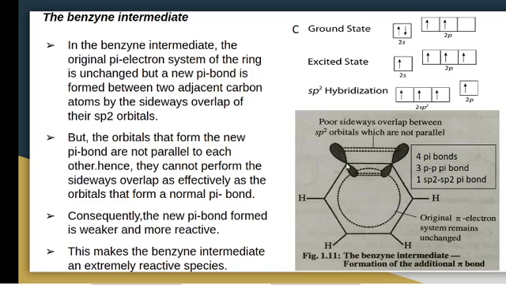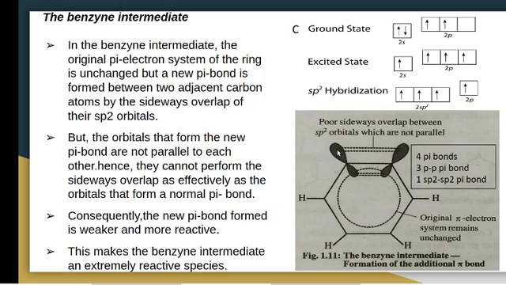That means here there is one additional pi bond. Here there are no hydrogen atoms in these 2 carbon atoms, so this carbon can form a sigma bond. Two sp2 hybridized orbitals are used for forming 2 sigma bonds with adjacent carbon atoms. No hydrogen atom in these two carbon atoms, so there will be one remaining sp2 hybridized orbital for these two carbon atoms.